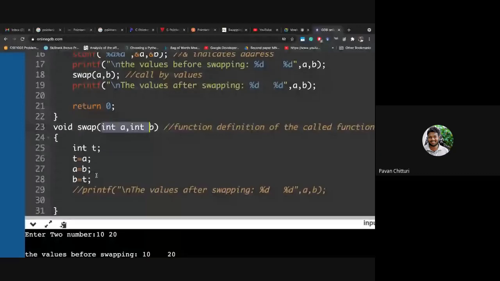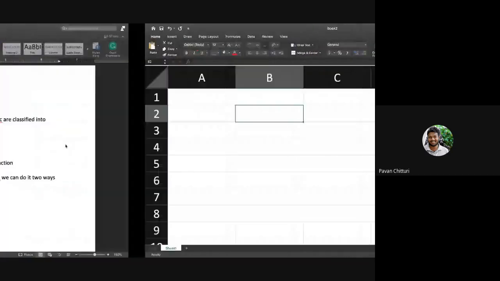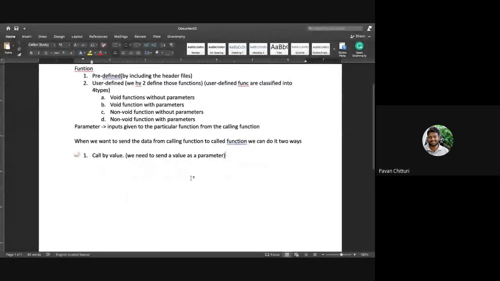So for interfunction communication, when you want to communicate between two functions, you need to send not the values but the address of that particular variable. For that, we are going to learn a concept called pointer.